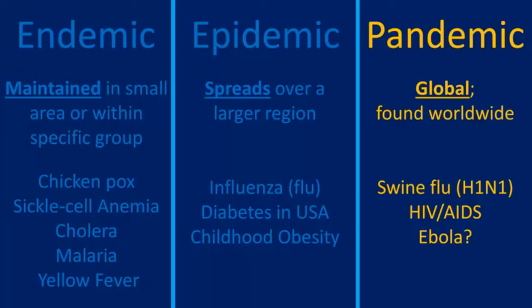Now, Ebola. This is one that's recently been in the news. Is it a pandemic disease? Not really, but kind of, sort of. But we'll use that as an example of, once again, all 3 of these terms: endemic, epidemic, and pandemic. But it pretty much is not. It's pretty much just found in one part of the world.